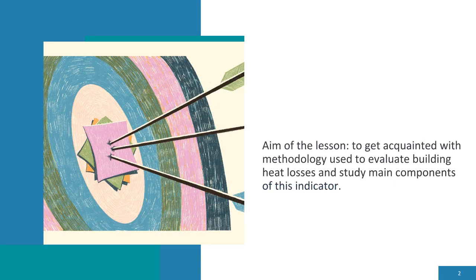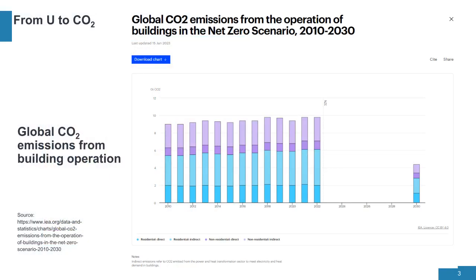You will get acquainted with how to assess building heat losses occurring through building partitions, as well as those caused by cold air infiltration. You are already acquainted with the definition of U value from previous lessons, but this indicator is quite different from what we experience in everyday life. For example, how much we will have to pay for heating a building or which building to buy when there are similar choices. Increasingly, we are also concerned about climate change, and building heating has a significant impact on this